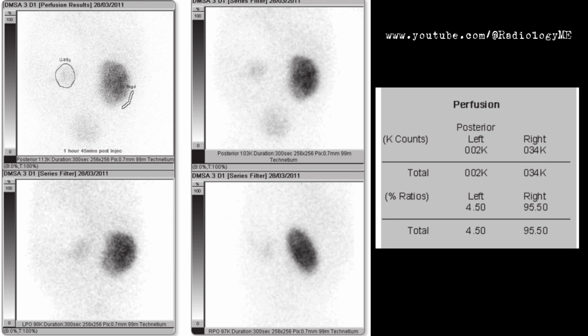Given the low tracer uptake on the left side, we're already thinking about conditions that could lead to such a reduction in function. It's difficult to estimate the size of the left kidney on this scan due to the global reduction in tracer uptake, but I'd be concerned about a left-sided pathology causing this dysfunction. Differential diagnosis-wise, I'm thinking about possibilities like renal artery stenosis, especially if this was an adult patient. However, in a younger patient, something like multicystic dysplastic kidney, MCDK, would jump to the top of my list. Obstruction could also be a possibility, but the next step would likely be an ultrasound to provide more clarity on